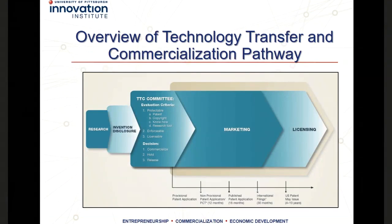So after submission of the invention disclosure form by the investigator, it's assigned to a licensing manager and then evaluated by the licensing manager and the university's technology transfer committee, which is made up of a group of peer scientists and administrators, and it's evaluated according to criteria of whether it's protectable, enforceable, and licensable. And these are all concepts I discussed in more detail in my previous webinar about the invention disclosure submission process,